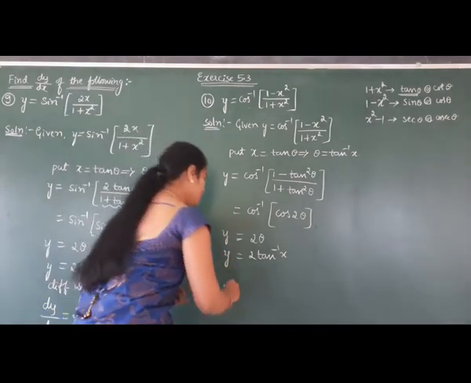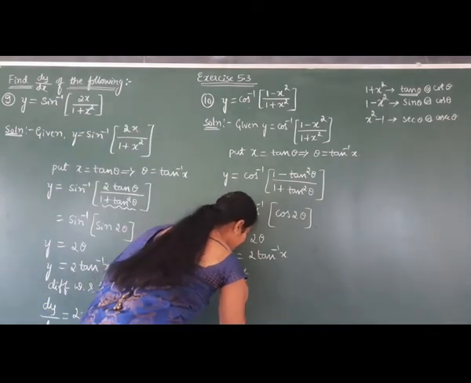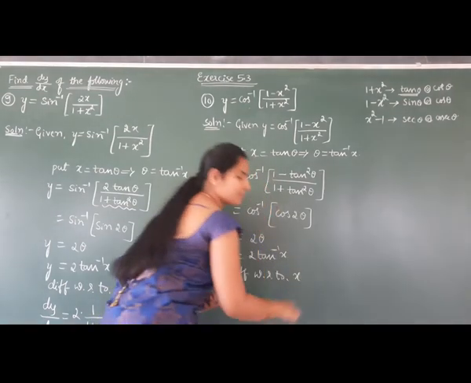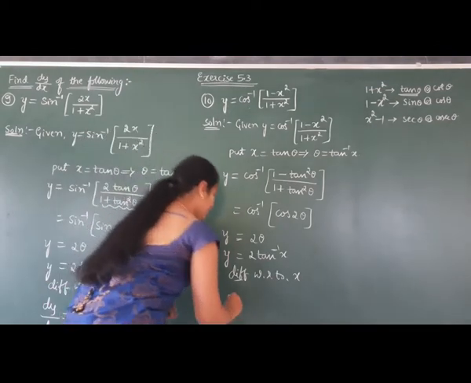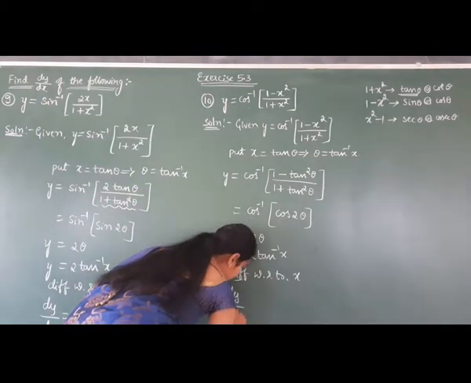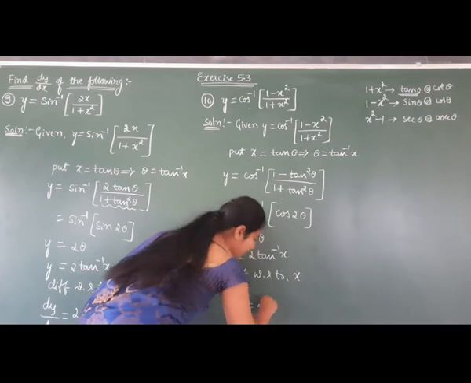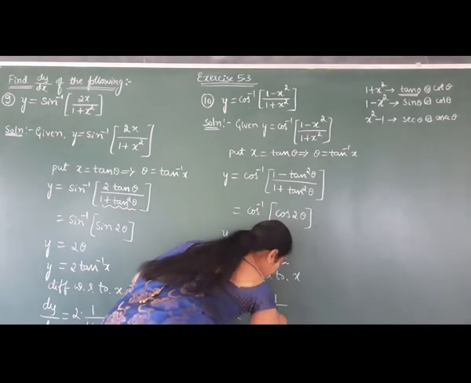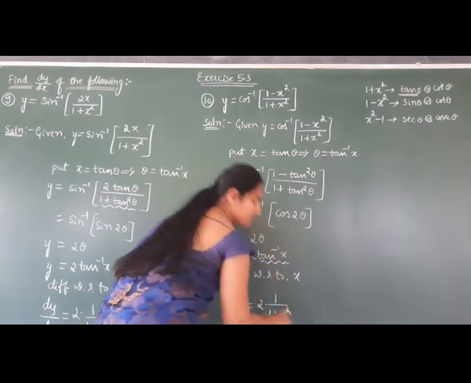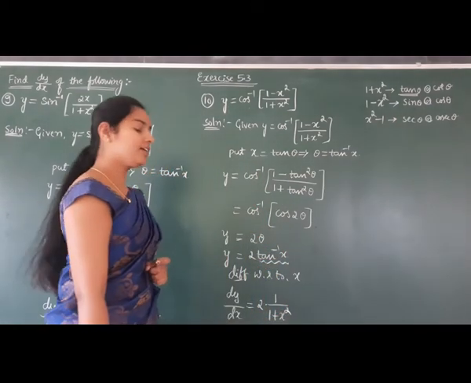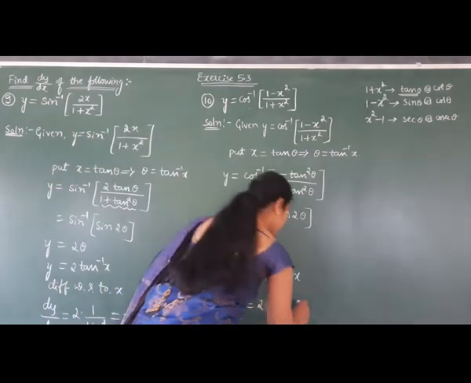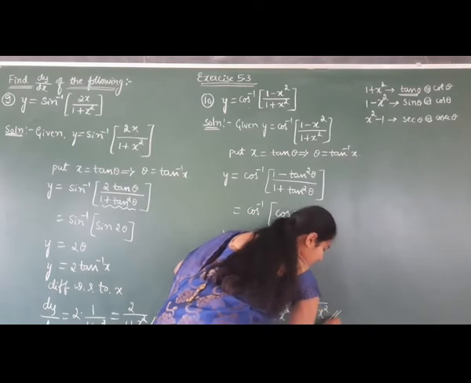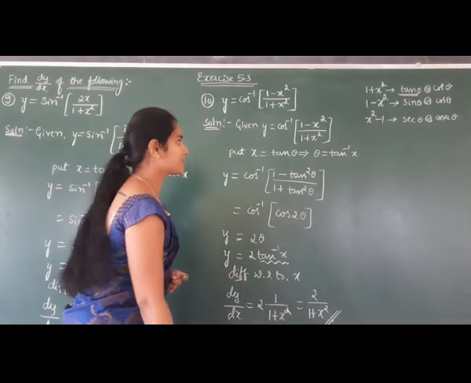Okay, so now I will differentiate this with respect to x. Then we have the derivative of y with respect to x is equal to 2 into the derivative of tan inverse x, which is 1 divided by 1 plus x square. Okay, 1 divided by 1 plus x square. This is equal to 2 divided by 1 plus x square. Clear? So the next question is,